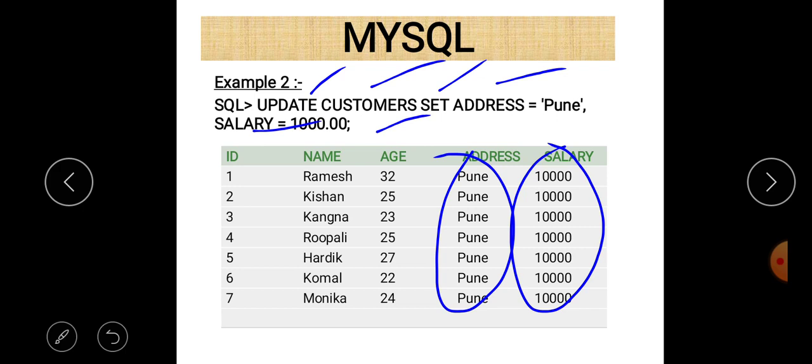Here you can see that there is no WHERE condition at all. So we don't mention any WHERE condition, so all records are updated.